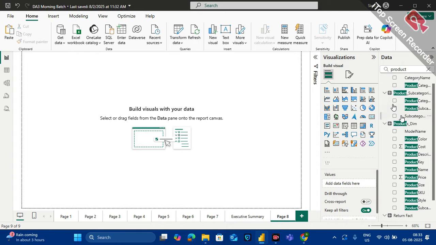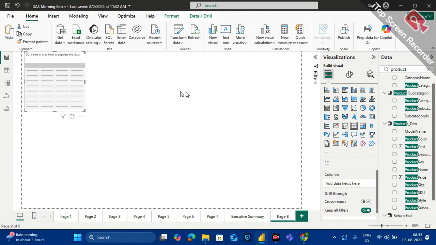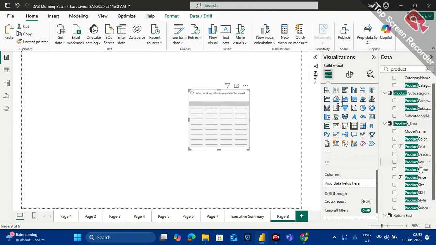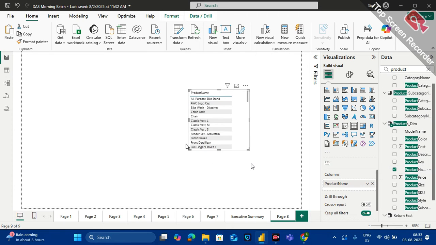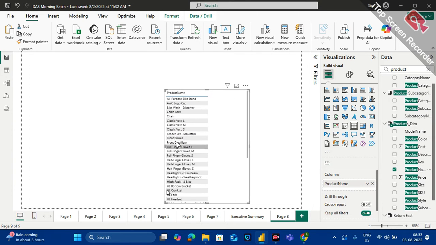Okay, so let's say we have a table visual, and in the table visual let's say we drag this product name. You see a list is coming up. The first product is All Purpose Bike Stand. Why is this first? Because it is in alphabetical sort order. That's why All Purpose Bike Stand is in the first place. So this card visual showcases the first value,